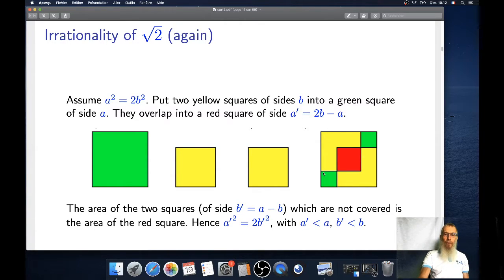Now what you do is that you put the two yellow squares here, and again you use your painting. So you first paint the yellow one, only this part, and only this part. So something is remaining. What is remaining? You can paint this one if you wish, and you can also paint the two green ones which are there. And therefore, the amount of green painting here for the two small ones and the red painting here will be the same, which means that this square has an area which is the sum of the two small ones, and again, by infinite descent, you get a contradiction.